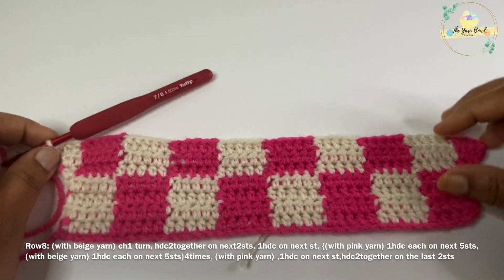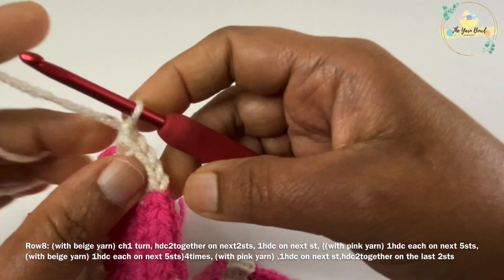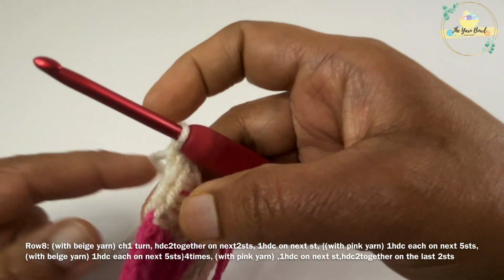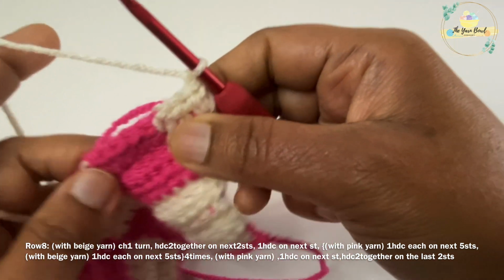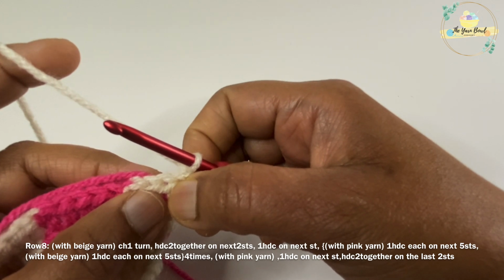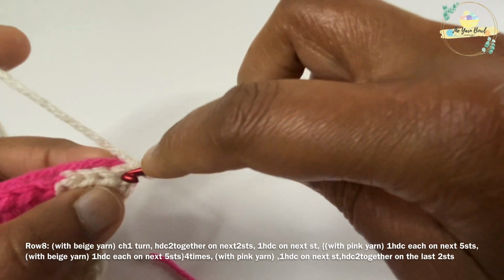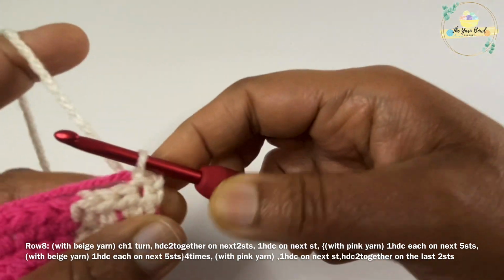So now let's proceed with row 8. For row 8 with the beige yarn, I'm going to chain 1 turn and work along with your pink yarn. Work half double crochet 2 together in the next 2 stitches, and then work 1 half double crochet on the next stitch,